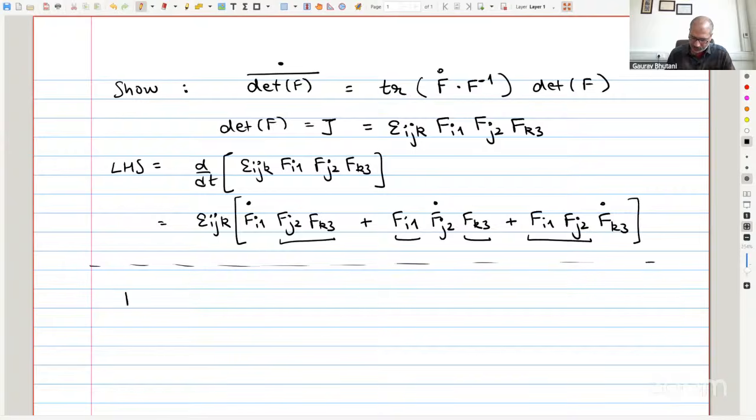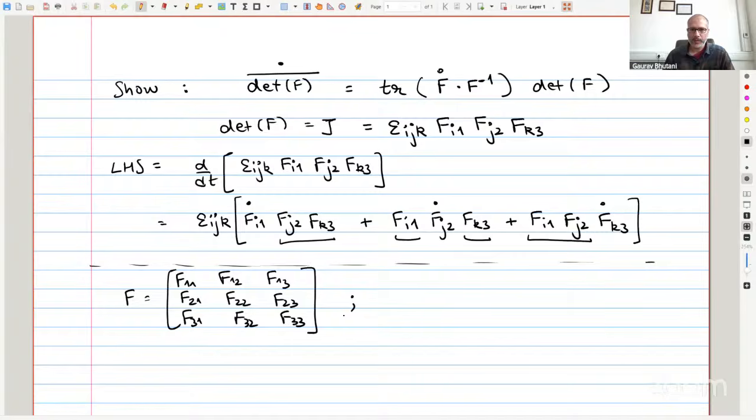If I write the matrix F, this matrix has 9 cofactors. So the way we write a cofactor